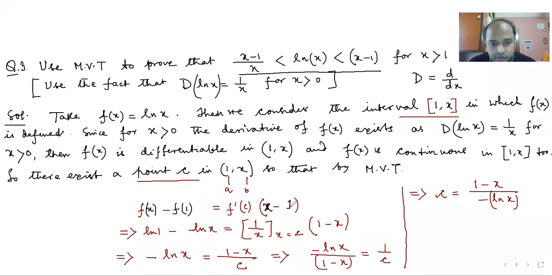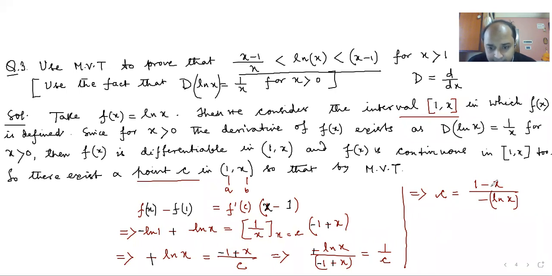Okay, x minus 1, and therefore that would be f(x) means ln x, so it will be positive, and that would be minus ln 1. 1 by x equal to c is all right. It should be plus 1 and minus 1, and that should be x minus 1. Then that will vanish, and it should be ln x plus ln x, and it should be x minus 1 by c plus ln x by x minus 1 is equal to 1 by c, and that would be c